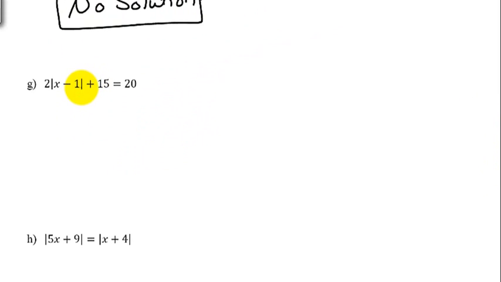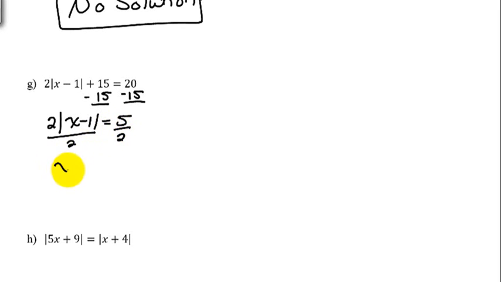In our next example, again, we have to get this absolute value alone. We have 2 times the absolute value of x minus 1, and then outside the absolute value plus 15, and it equals 20. So we're going to get this absolute value alone first, so we're going to subtract 15 from both sides. We get 2 times the absolute value of x minus 1 equals 5, and then we have to divide both sides by 2. So I have x minus 1 equals 5 halves,